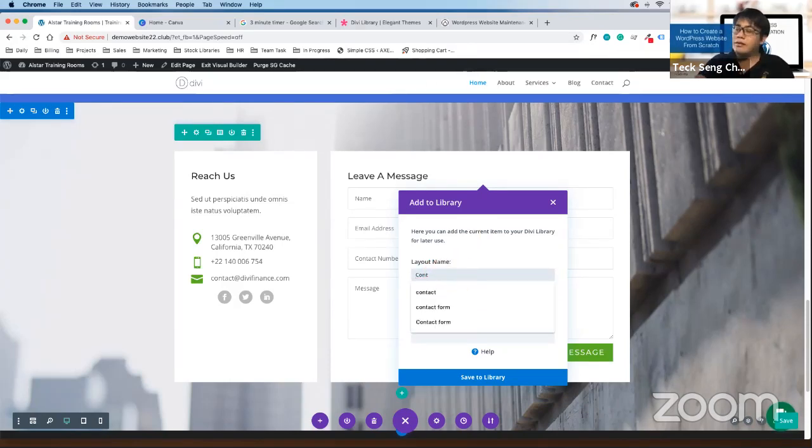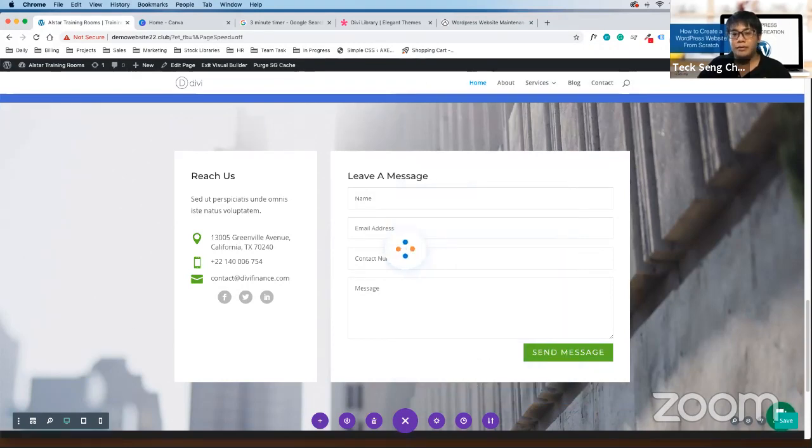The next thing they're going to ask you is whether you want to save this as a global item. As I explained, when you save it as a global item and call it in other places, whatever changes you make will affect every page that you call it in from. So for the contact form, we are going to save this as a global item. Save to library.